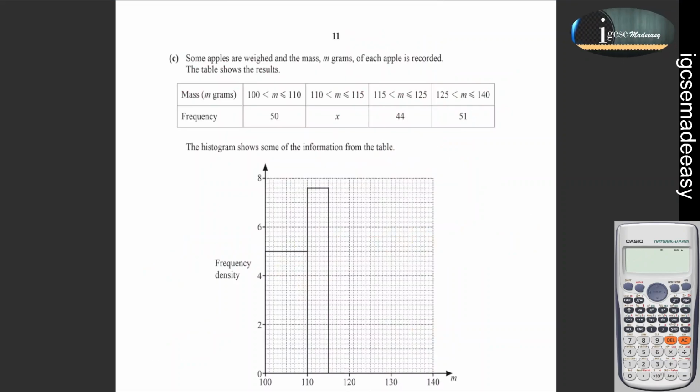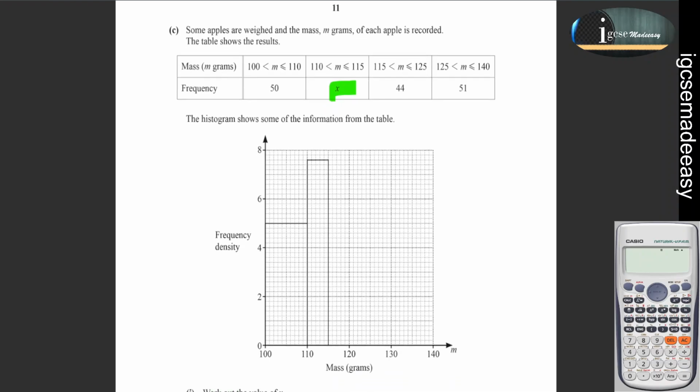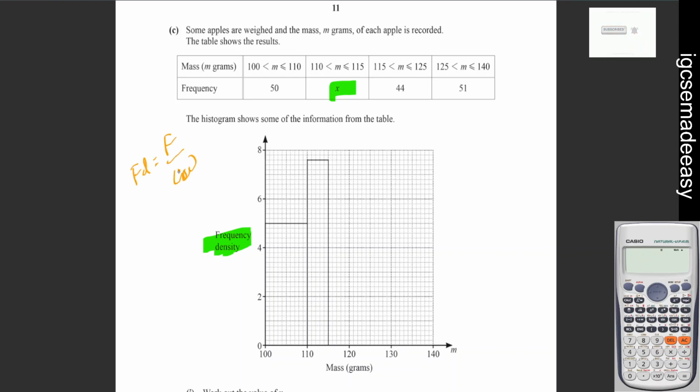Part C. The table shows the mass of m gram of each apple recorded, and it is being plotted. We have to find out the value of x. And we can use, see, this is frequency density, and we know that frequency density equals frequency by class width, right? Frequency density is frequency by CW, class width. So this is actually frequency,